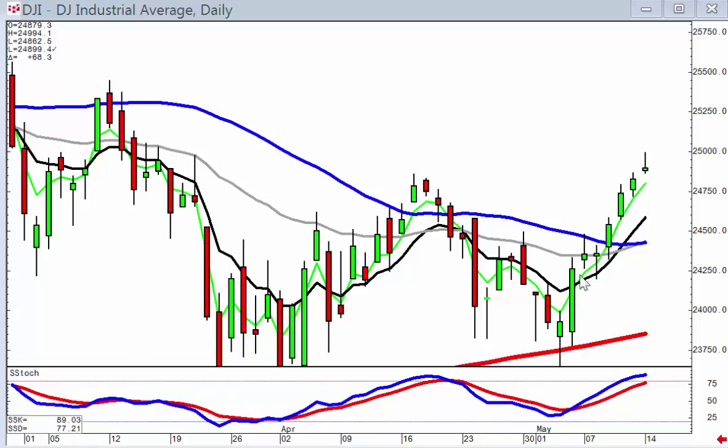The candlestick signals illustrated when this downtrending resistance level of a wedge formation was being breached, telling us that there was more upside. But each individual candlestick signal, such as today's trading, although the market's showing positive trading today, notice the shooting star in the Dow, especially with stochastics in the overbought condition. This gives a much more clear indication of where the investor sentiment might be starting to diminish a little bit